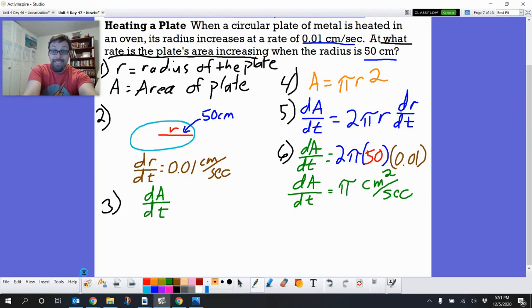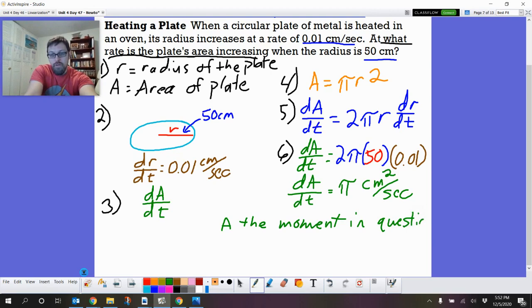So at the instant, at the moment in question, I feel like Porky Pig. You could also say when the radius of the plate is at 50 centimeters,